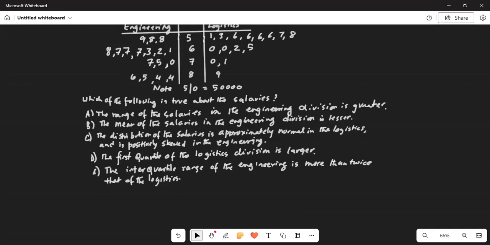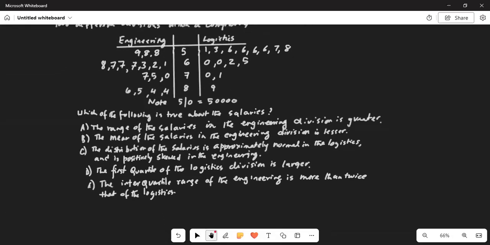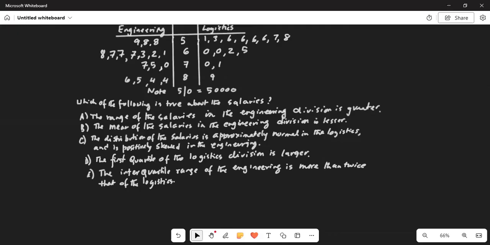Now I go to the top of L2 by hitting the right cursor key. In L2, I am going to enter the data from the engineering side. Again, 58,000 will be represented by 58. So these data points are going in L2: 58, 58, 59, 61, 62,